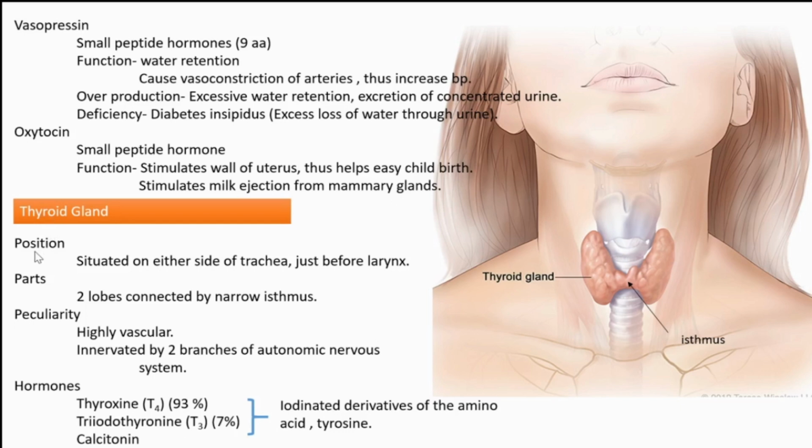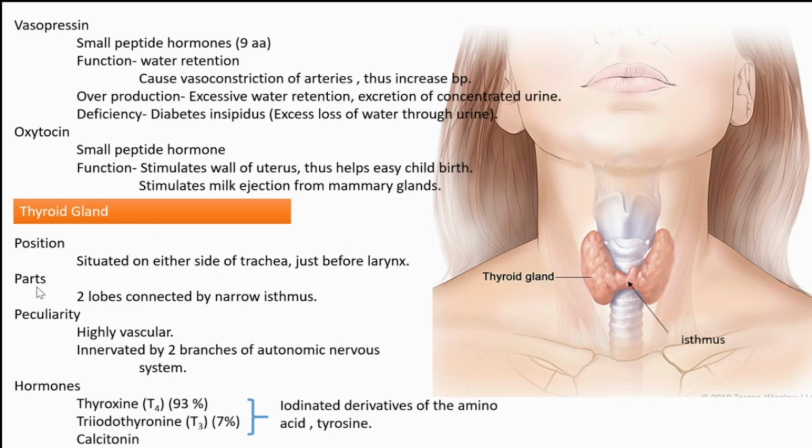First point is about where it is located. What about its position? Here in the picture, we can understand that it is positioned on either side of the trachea. This is the trachea. It is positioned on either side of the trachea, just before the larynx. Larynx is the voice box. Just before the larynx, on either side of the trachea, the thyroid gland is located, and it